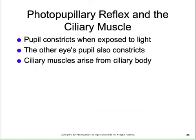The pupil constricts when it's exposed to light. The other pupil will also constrict, and that's what's called a consensual reflex. And these muscles come, again, from the radial and the circular muscles that surround the pupil. Okay, and the ciliary muscles come from the ciliary body, and they change the lens. Okay,